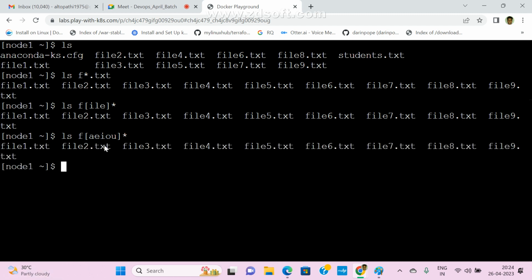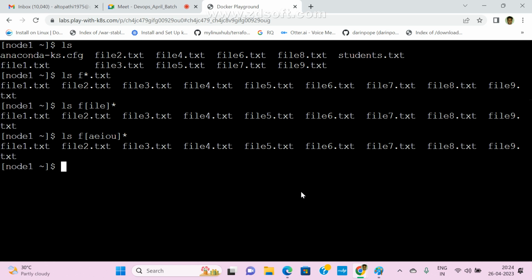Here I gave star, that is the reason it will display all files. Or specifically, if you want to check some file length, 1, 2, 3, 4, 5 characters, in that case also we can use it.